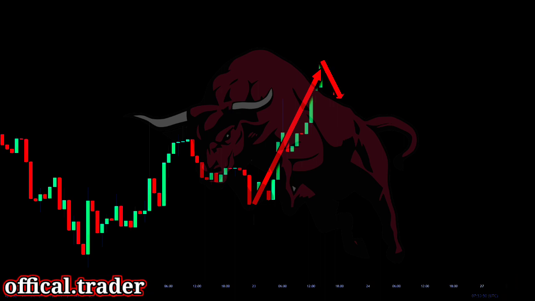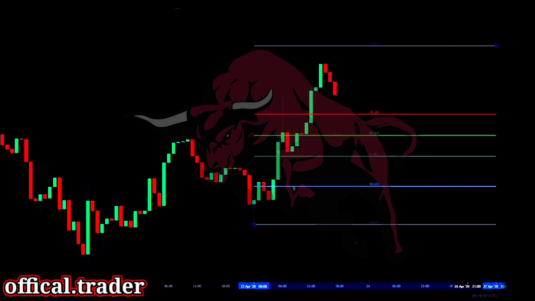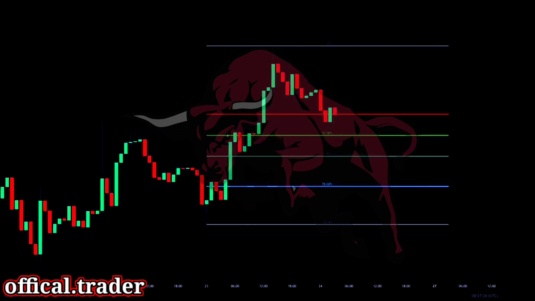And so you can apply the Fibonacci tool to predict the end of this pullback. And again, you connect the swing low to the swing high and drag it to the right to extend the levels. Now the next step is to wait for the price to show reaction to one of these levels. And as you can see, the price made a pullback towards the 38.2% level and showed a slight reaction as seen by these three candles